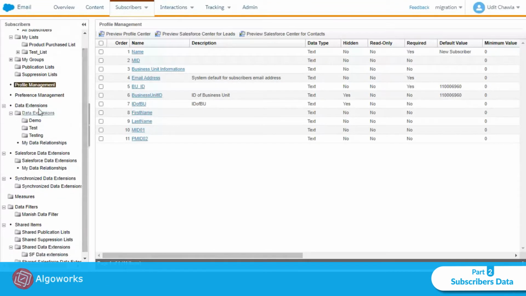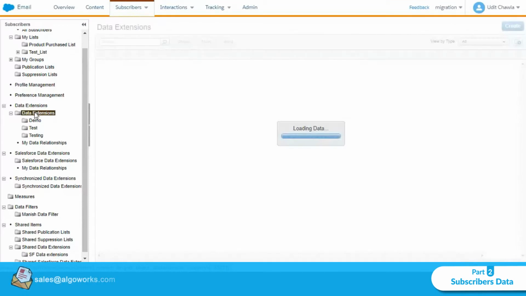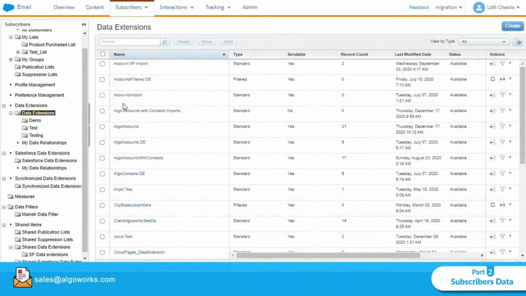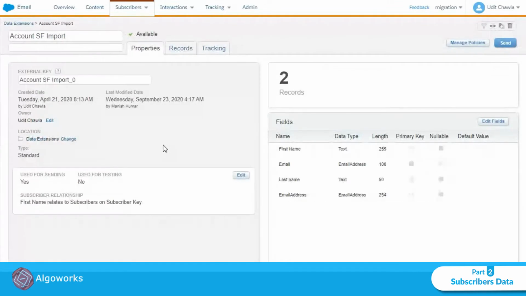Then comes the part of data extensions. So data extensions are, you can say, our tables which store our data. So we have to define our attributes over here, a primary key and a field which relates to the subscriber key.